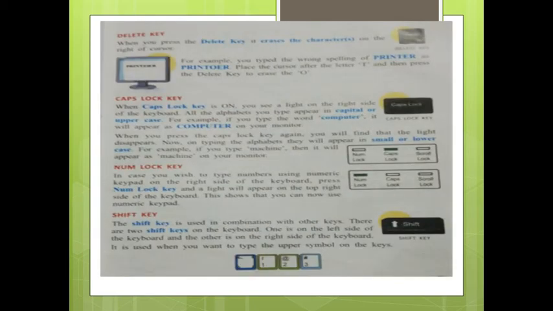Now come to the next, the delete key. You know, the delete key is similar to the backspace key. Sometimes we take pictures and we don't want a picture, so we select that picture and press delete.